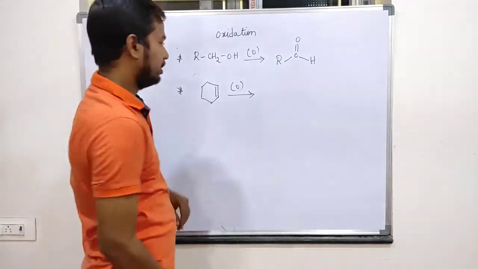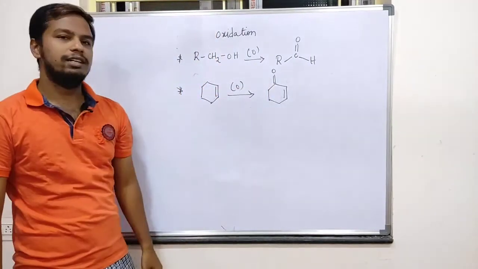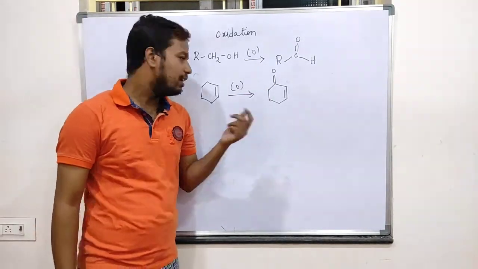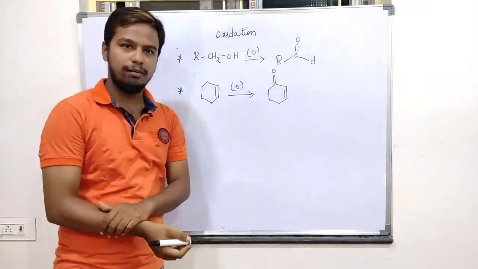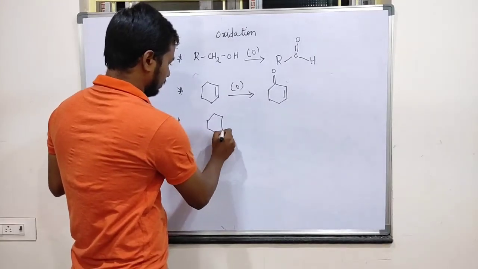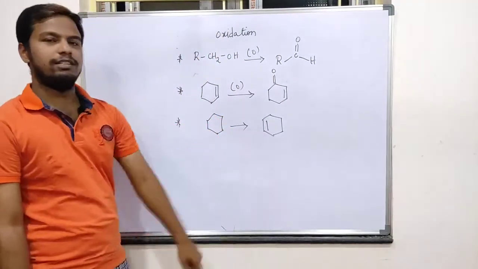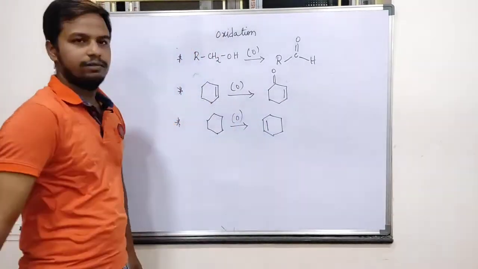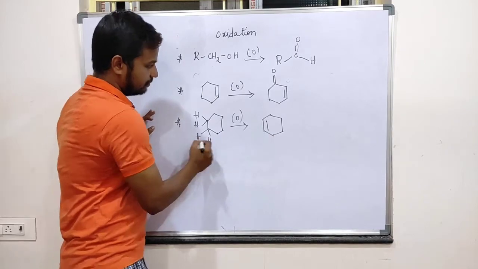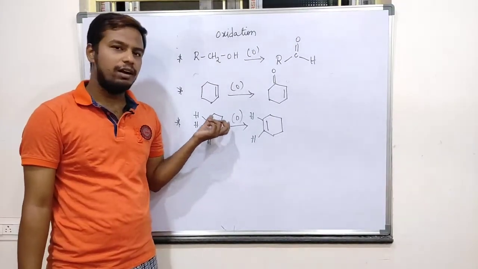This species upon oxidation is converted into another species by addition of oxygen directly. It is also oxidation. Addition of oxygen constitutes oxidation, and also the formation of the double bond constitutes oxidation. So this species to this species is also oxidation only. Check the number of hydrogens at this place. See here, only one. So removal of hydrogens is taking place, and that also constitutes oxidation.